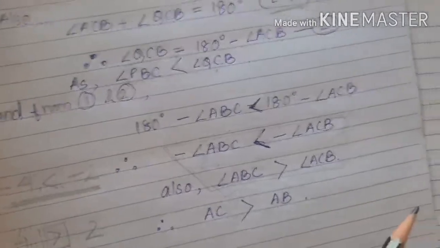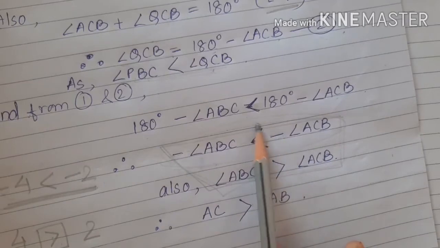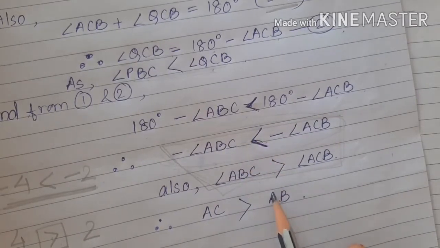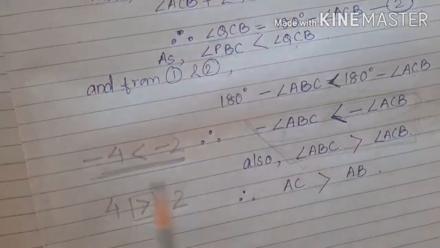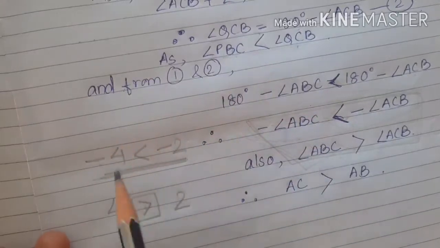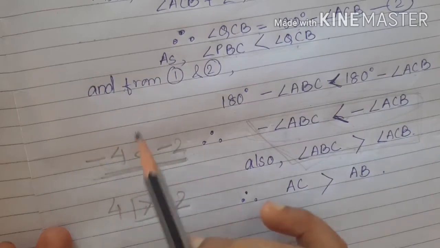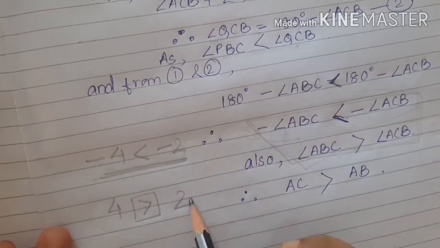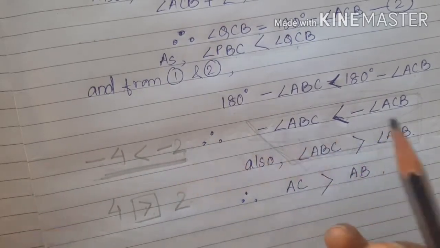So here also, if I remove the minus sign from both sides, the symbol of the inequality changes to greater than. This was less than before this step, and now it is greater than. I think you got it now. You can follow this with any example. You can take any two negative numbers, that means integers, and then remove the minus sign from both sides, and you will get this. You can take a positive and a negative number also, and this will be true. This will be true every time.